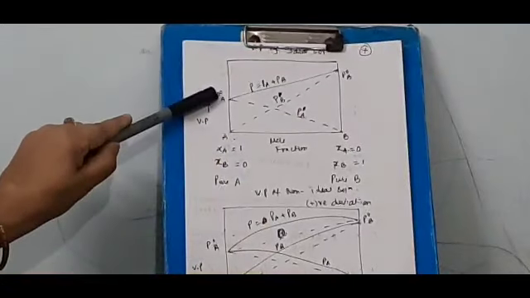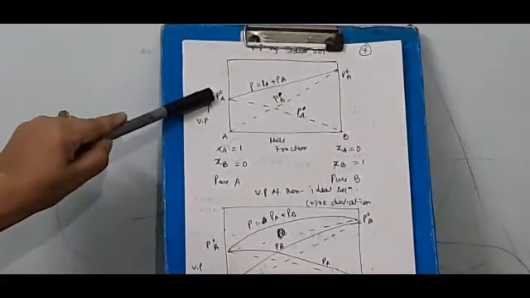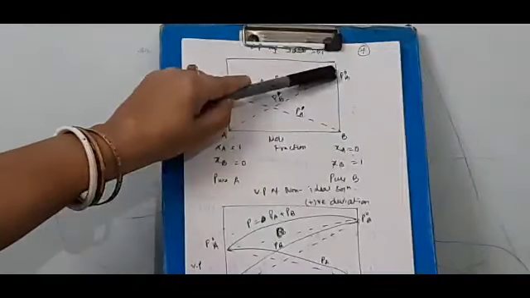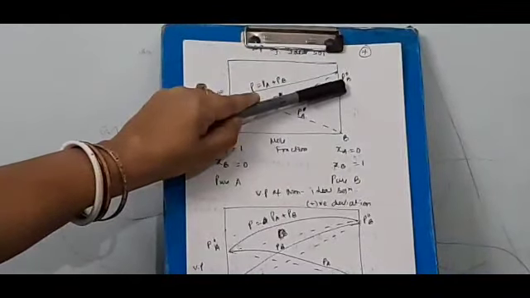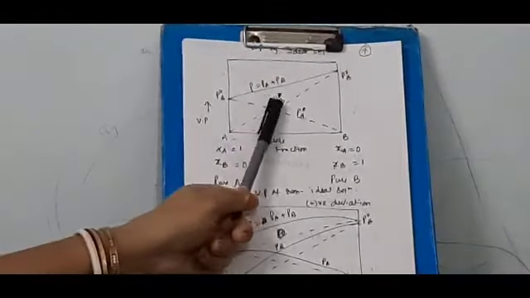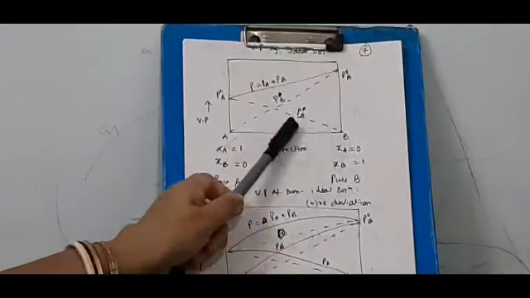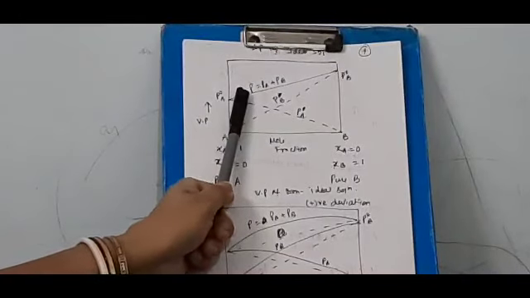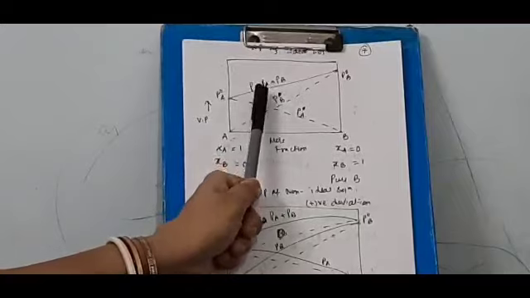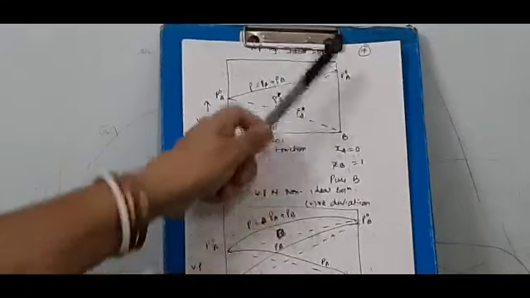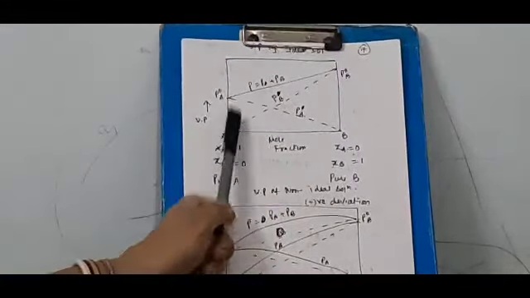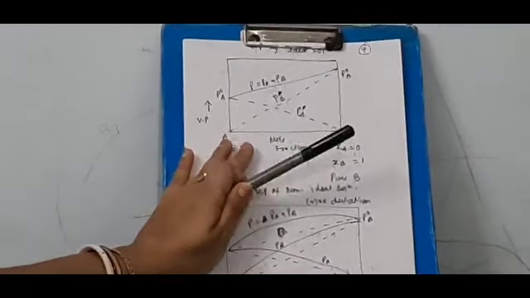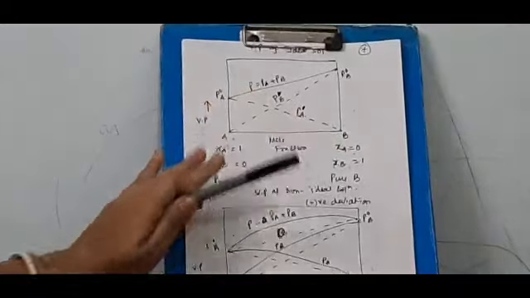Here we can see P0A, which is the vapor pressure of component A in the pure state, and P0B, which is the vapor pressure of component B in the pure state. Here PB is the partial pressure of B and PA is the partial pressure of A, and P, the total pressure, is equal to the summation of PA and PB. Here is the graph of vapor pressure versus mole fraction in case of an ideal solution. It should be like that.